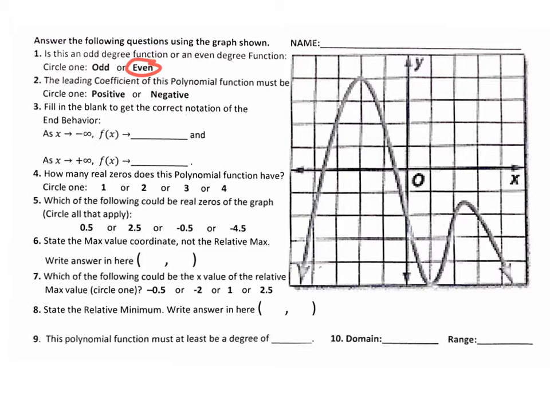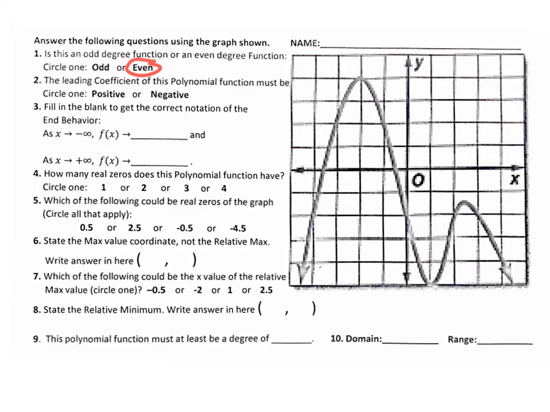The next question it says is, the leading coefficient of this polynomial must be positive or negative? What do you guys say? Negative, right? This is opening down, which means that it's negative. If it were opening up, it'll be positive, right? It's also important to note, because it's even, they're both going down. The a value is negative, the leading coefficient is negative, but it's also important to think about an odd degree